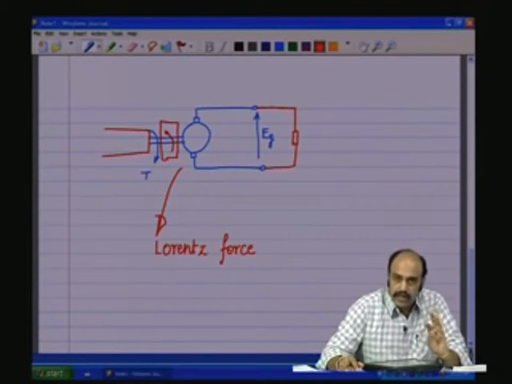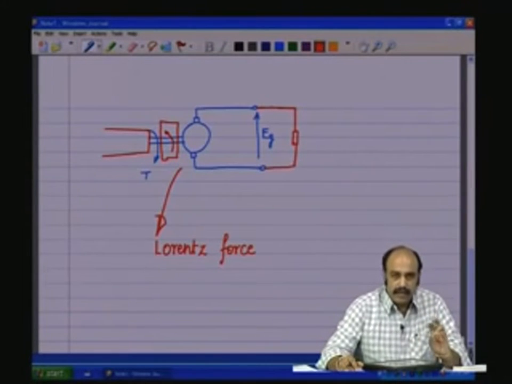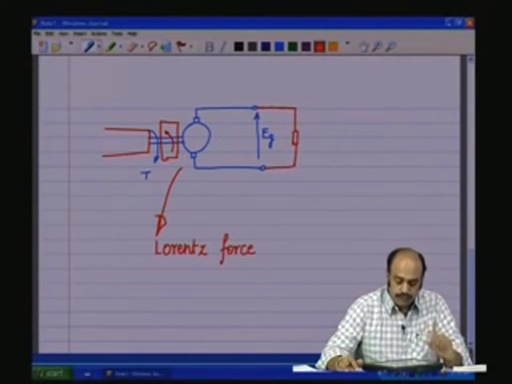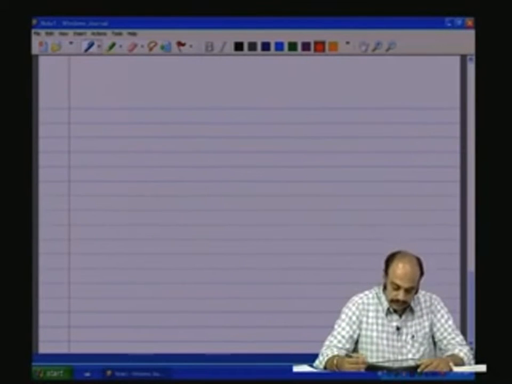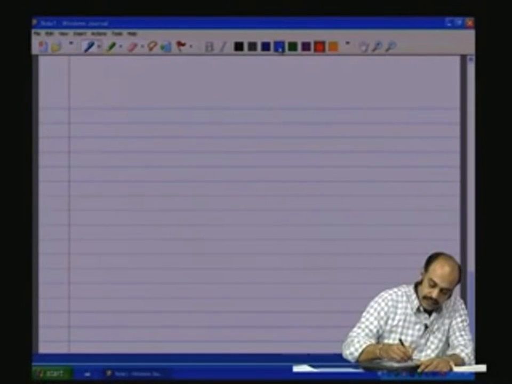One is Faraday's law of electromagnetic induction, the equation E is equal to BLV. The other is the Lorentz force acting on the conductor. So, what is it? So, let us